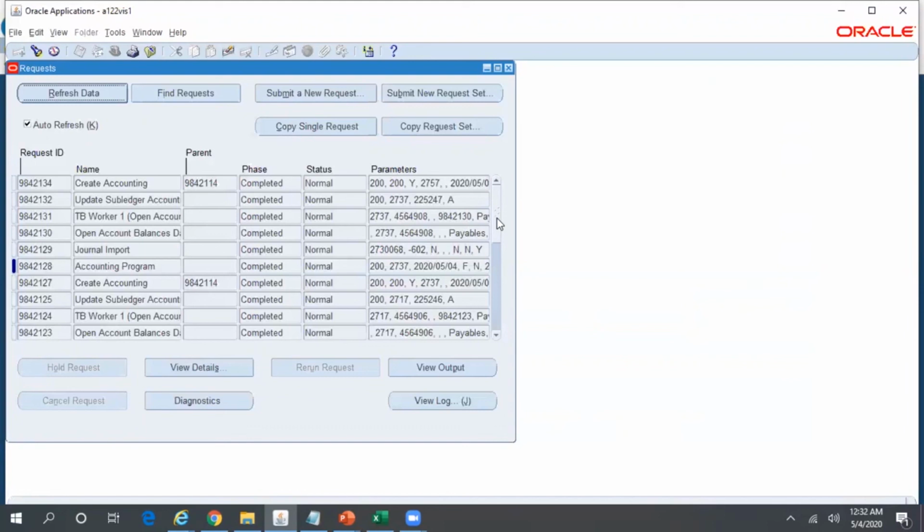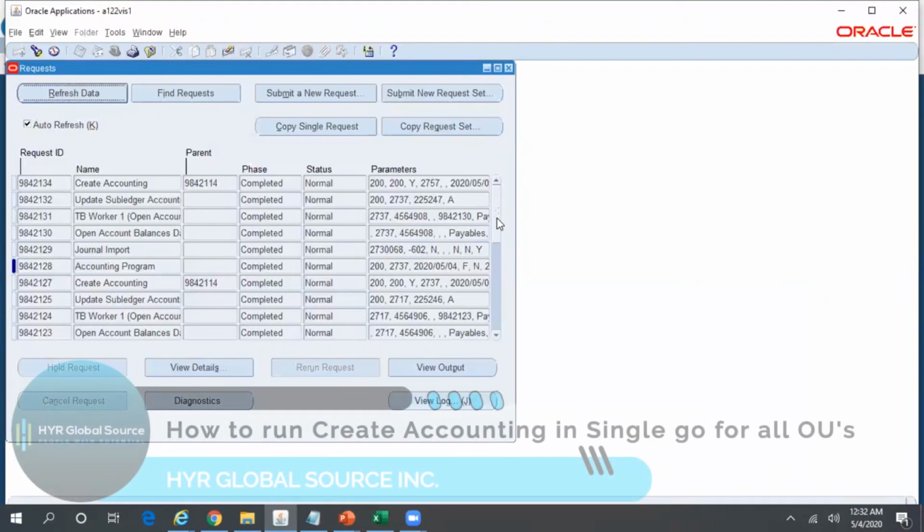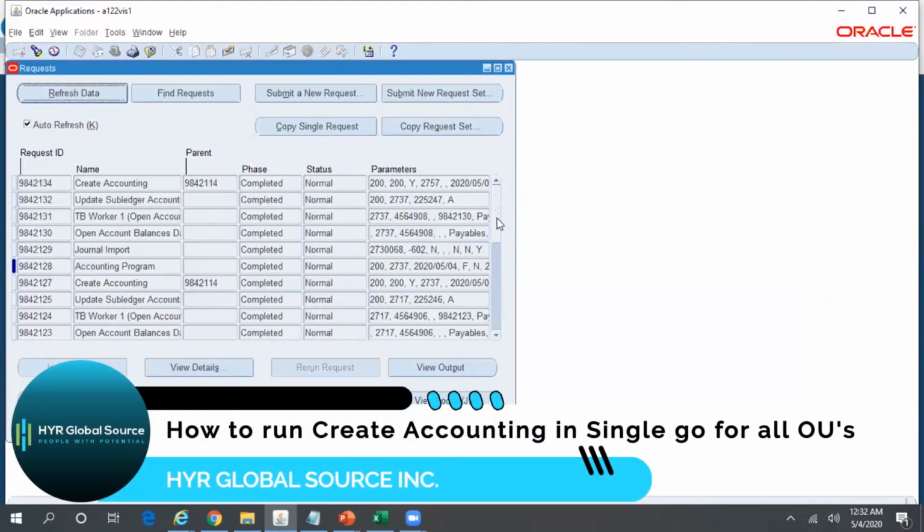You can use this concept of creating a request set, create one child program for each OU or ledger depending on the requirement, assign all those child programs under the request set, and then assign that request set to a responsibility. Through just a single request set, you should be able to run create accounting or the concerned child program for all the OUs in a single go.